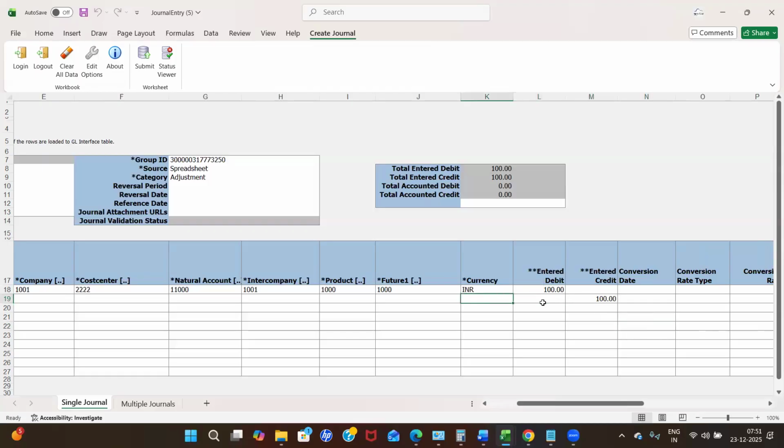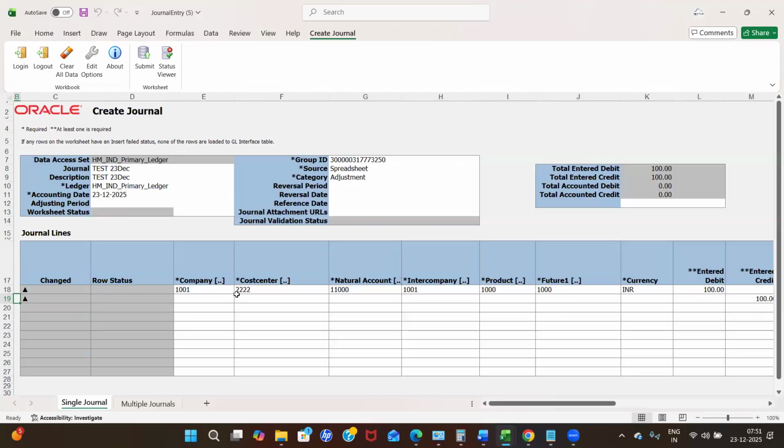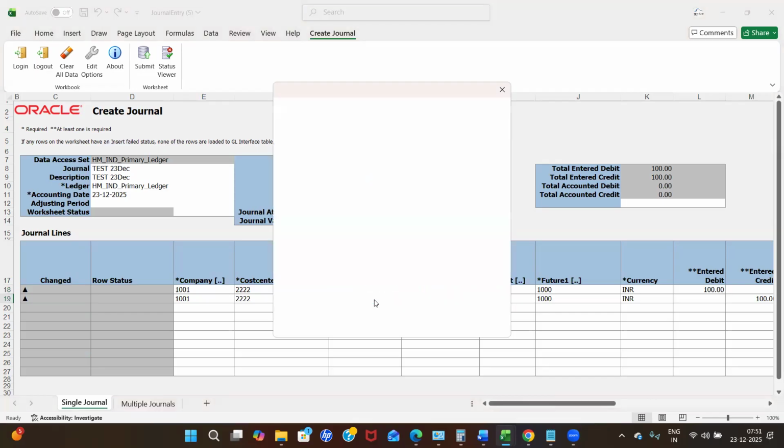I'm just copying the same data for testing purposes. I'm not selecting again. You can also do the same, but change the natural account. In real time, users will enter these combination values as per the business scenario, so the account will be different for the debit and credit. That way, it will hit on the